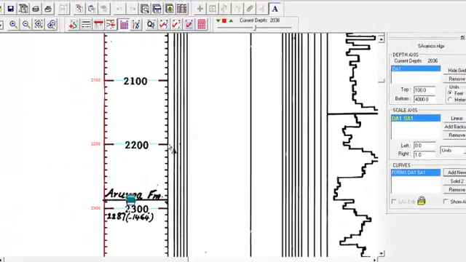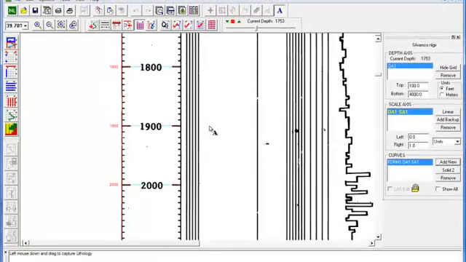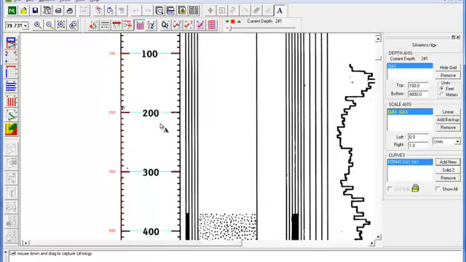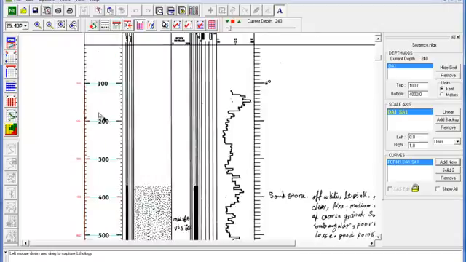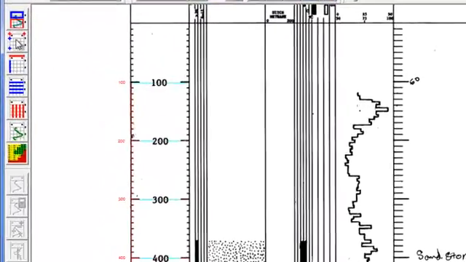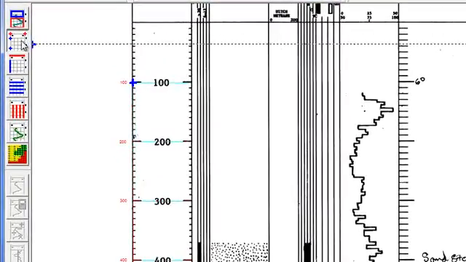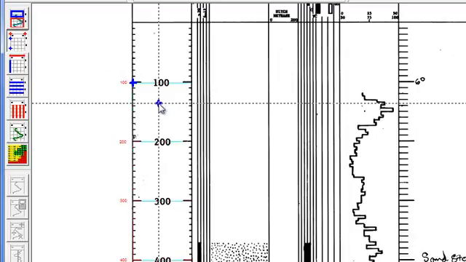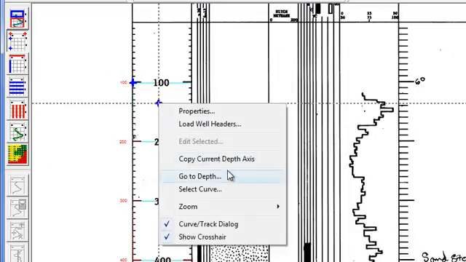Okay, so we'll just cover a couple of them. So we're going to go back to the top. Now we're going to actually use this depth grid to capture the rest of them, so I don't have to recalibrate. So I'm going to go back to my calibration mode. I'm going to right-click, and I'm going to copy